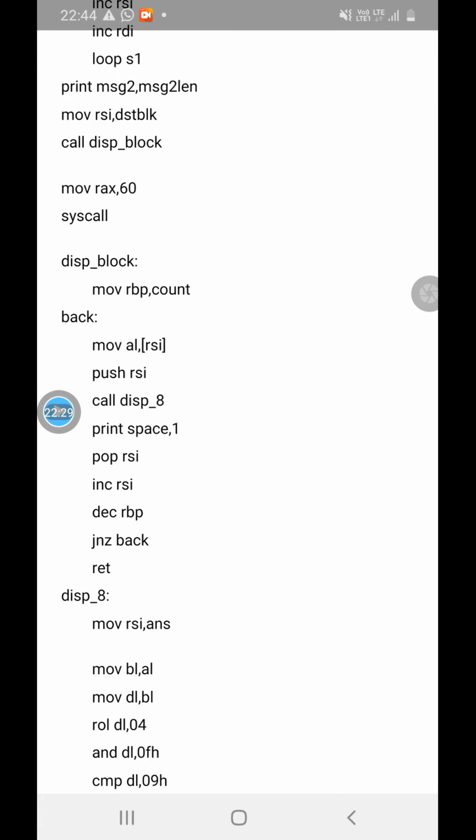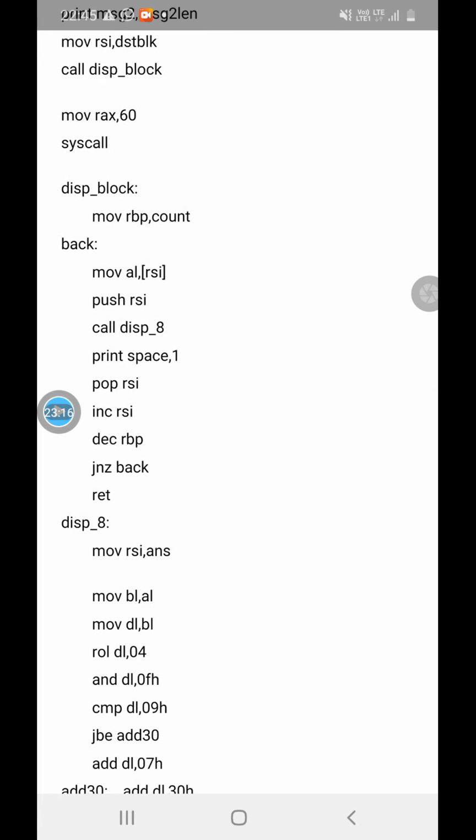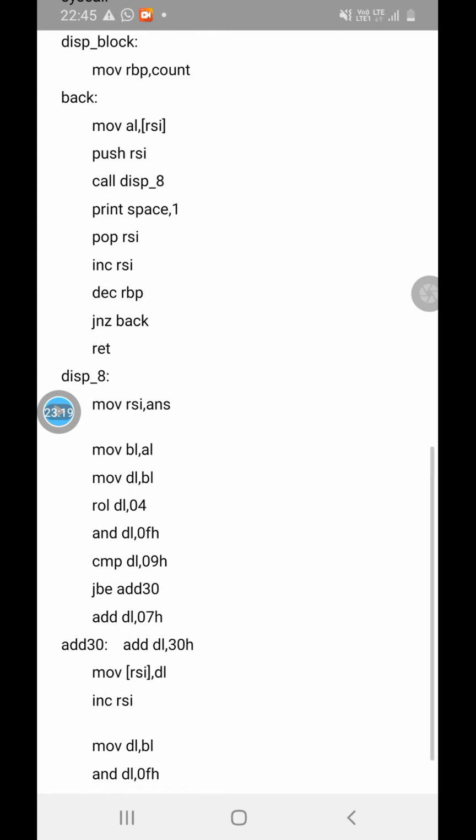So it will print the destination block one by one on the screen, and once it is printed, it will return back to move RAX, 60, move RDI, 0, syscall. So we have to write the exit system call to exit from the program. I hope everybody has understood this particular part.